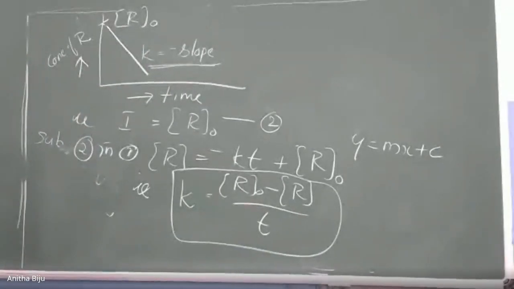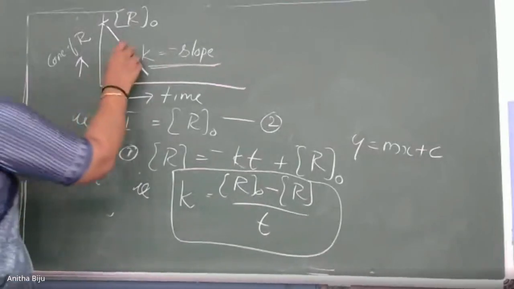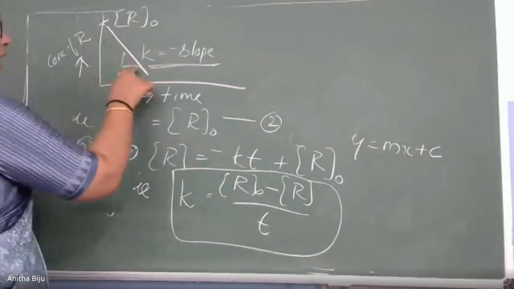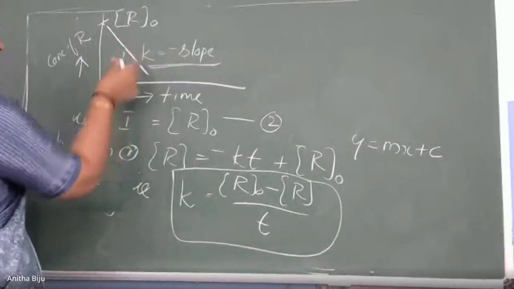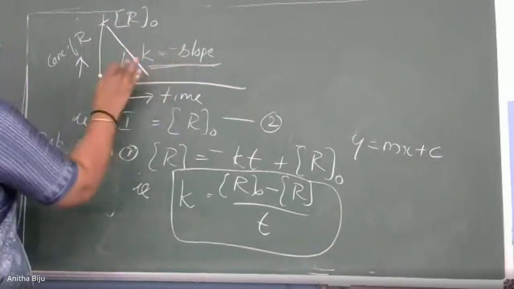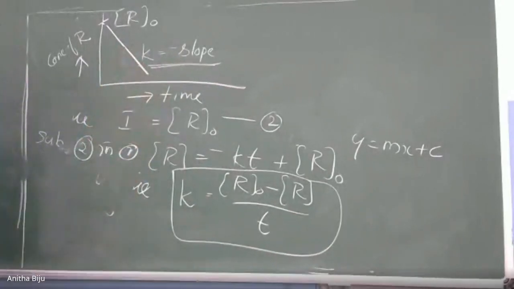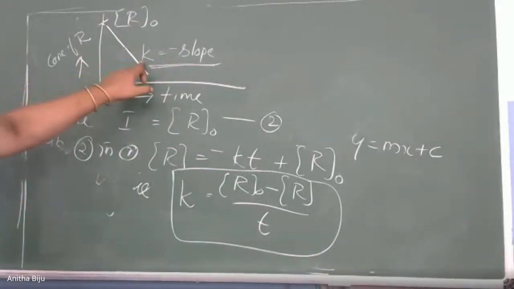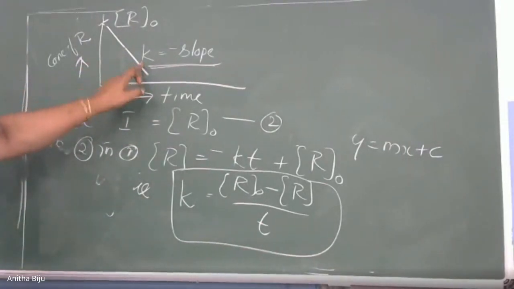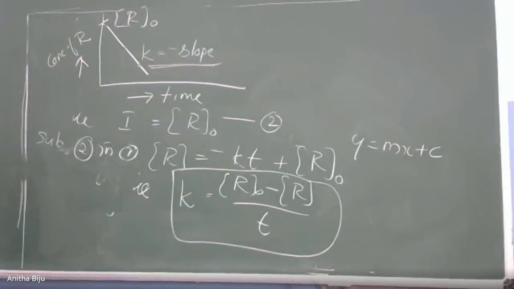So in this way we can find out the remaining part. We can take it like this, dy by dx, this small change divided by this small change. So we get this one. In this way we can find out the value of K. This is the graphical way of finding out the value of K, if you know the rest of the things. Clear? So this derivation is important.